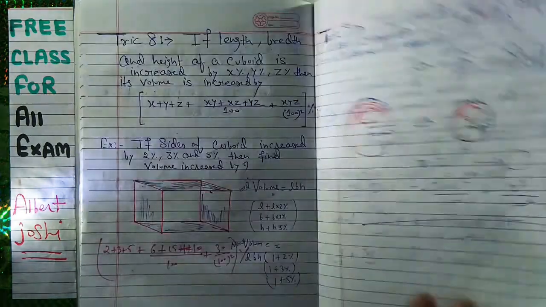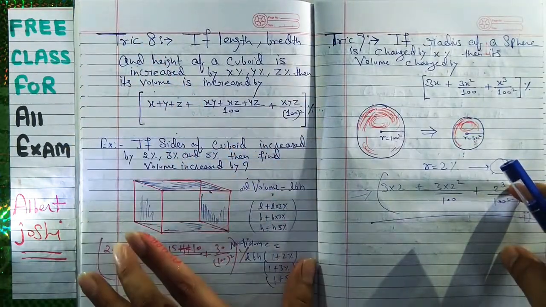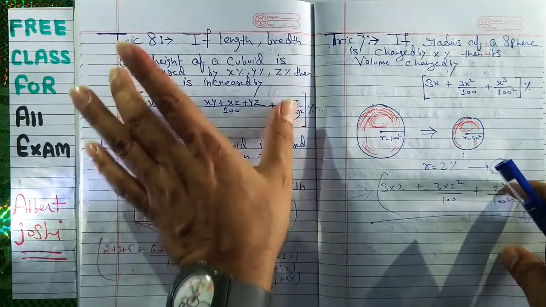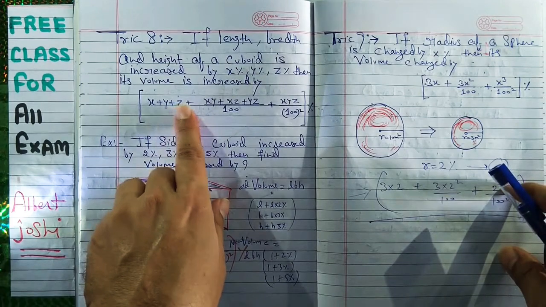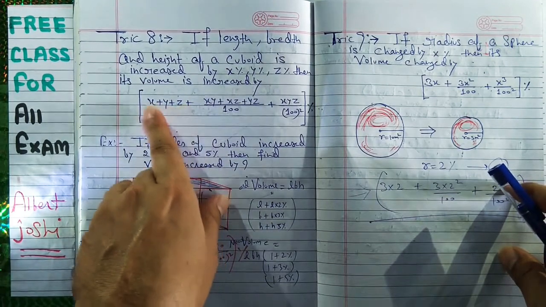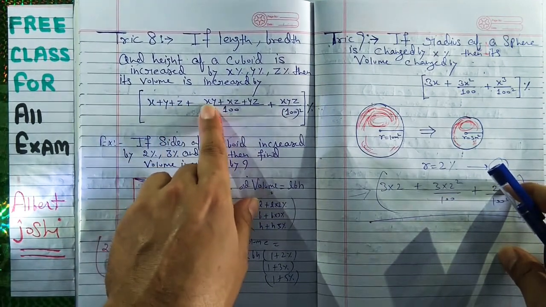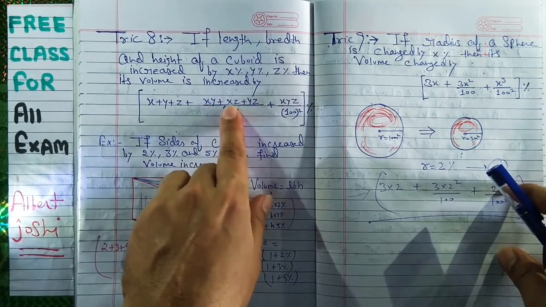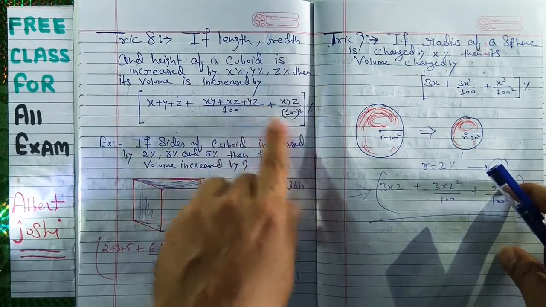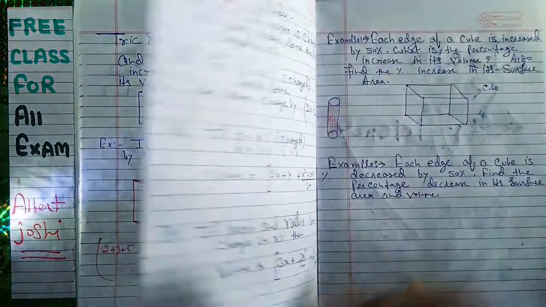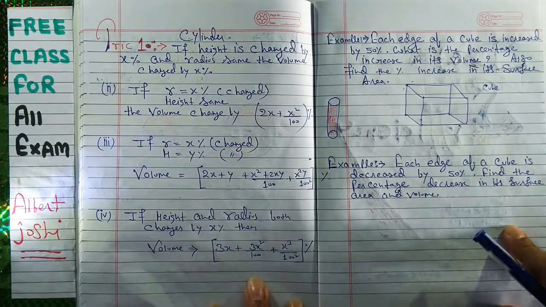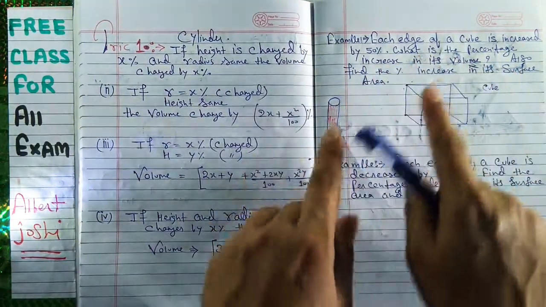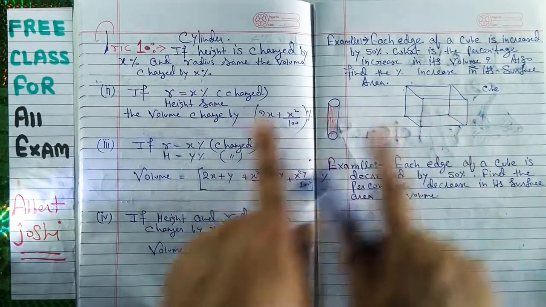So if you understand what we want to teach here, this is a cuboid. If you have a cube, then in place of x and y and z, you have to write x plus x plus x. This is x because all the sides are the same, x into x and x into x and x into x, that is x into x into x. Okay, I think you understand. So you can solve it. This is your task, this is your homework, you have to solve it.